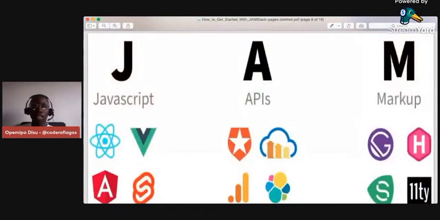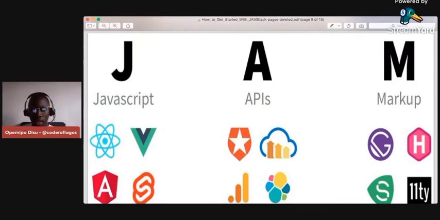JAM: JavaScript, APIs, then Markup. When we're talking about JavaScript, we mean JavaScript technologies, libraries and frameworks.